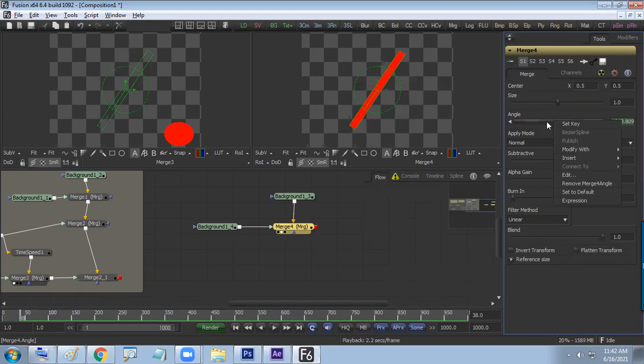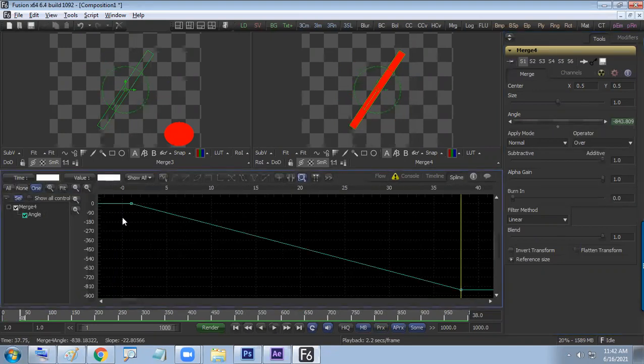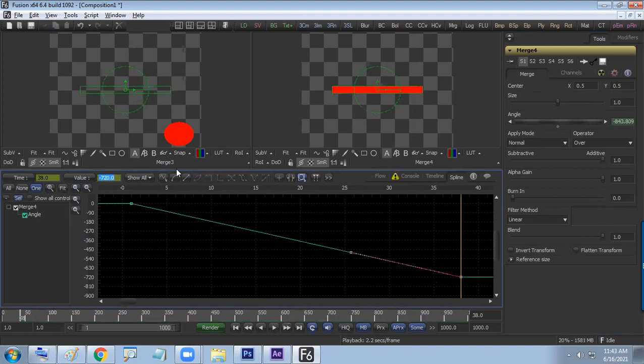Or else right click on this slider and go for edit. It will directly open inside the Spline Editor. Inside the spline editor you can give the value you want. Here you can see the dot with a particular value, and the value is displayed over here. Here you can write a proper value, in the sense minus 360 into 2.